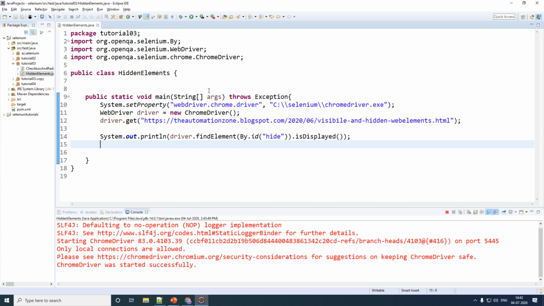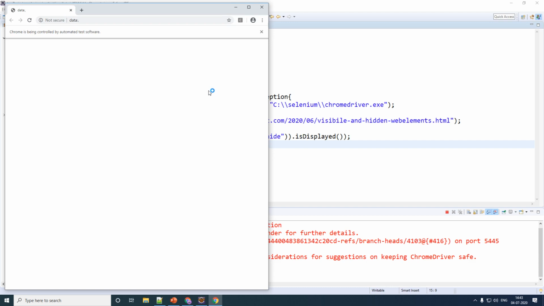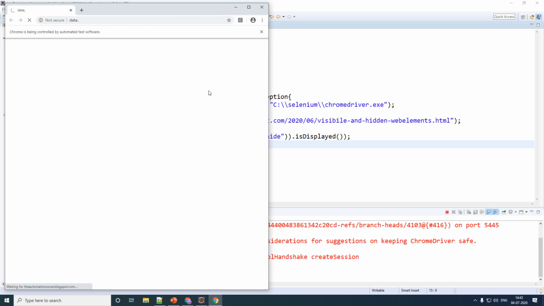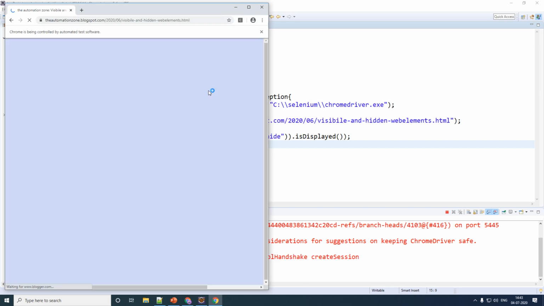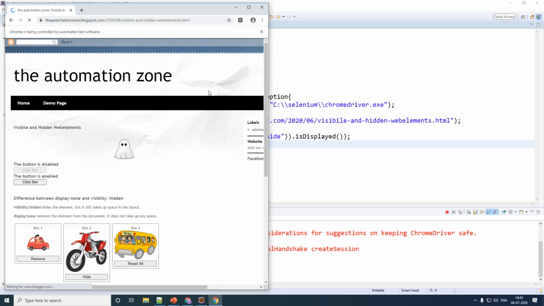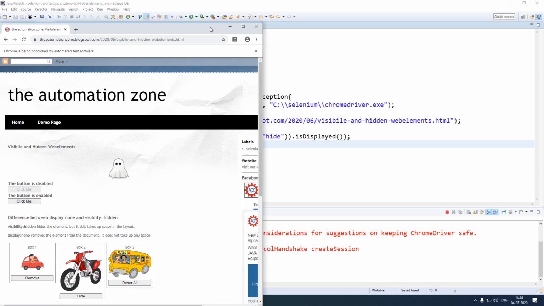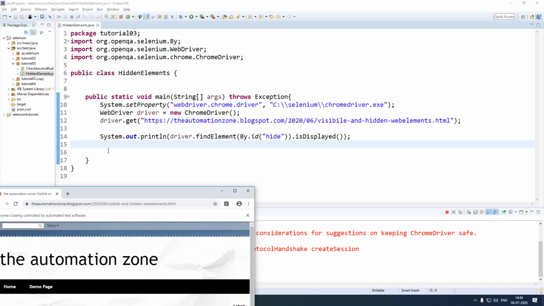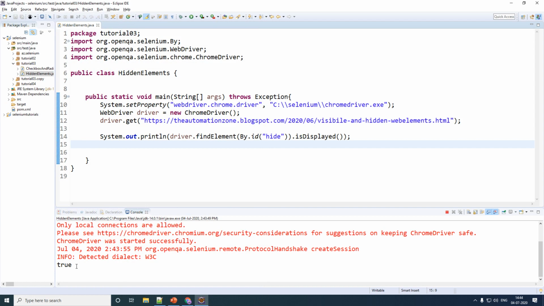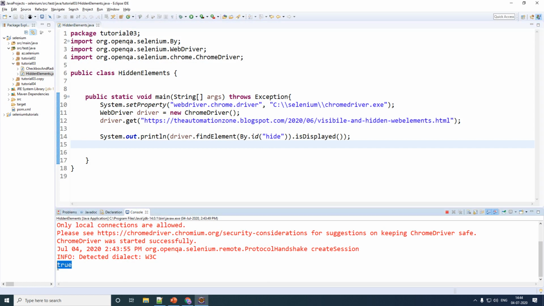So here we go. Chrome will open up right now. It's not closed because I have not written the method for closing. So let me close it manually. If you see the console, it is throwing the output as true because it is visible.